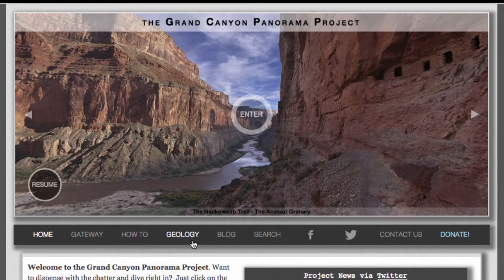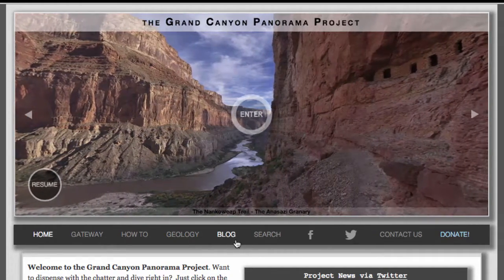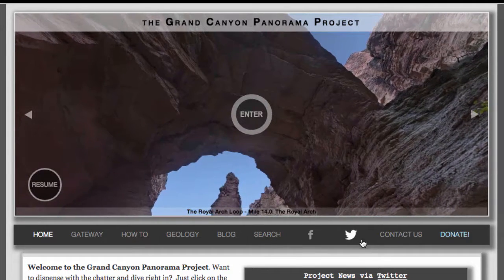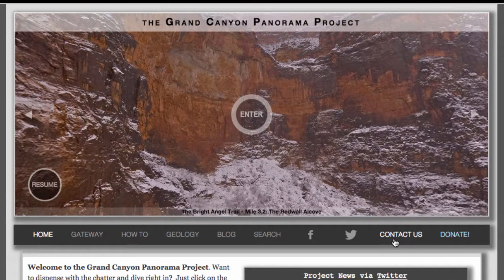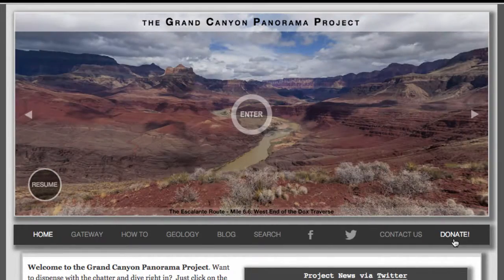A section about geology in the Grand Canyon. A blog about the project. A search function. Ways to get to social media pages for the project. A way to contact us. And, if you're feeling generous, a way to give us some money to help the project go on, keep the